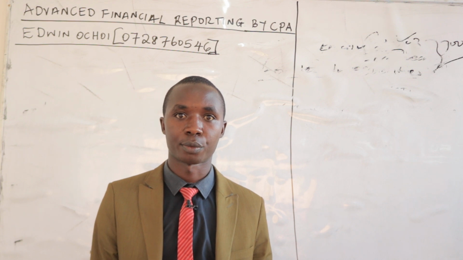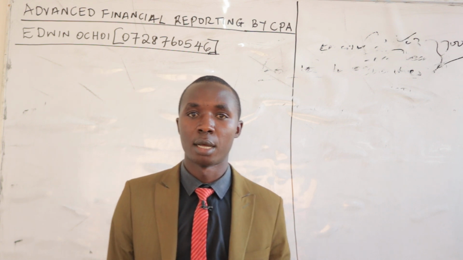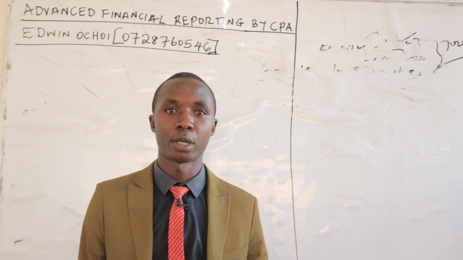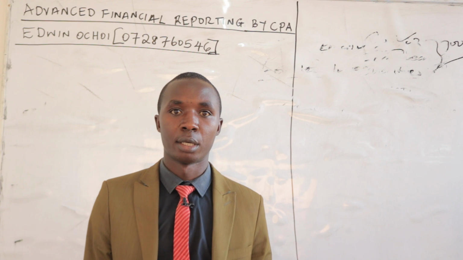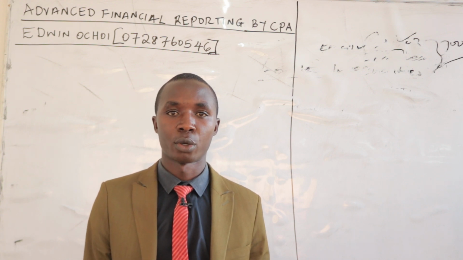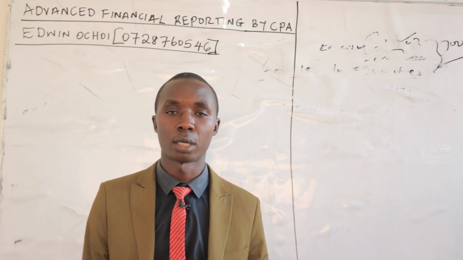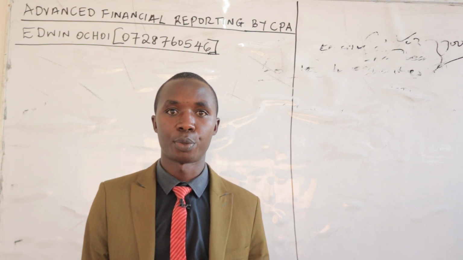Today, I'm going to tackle IFRS 5, that is the discontinued operations, in advanced financial reporting. Here you will find that there are subsidiaries which are disposed, whereby the parent disposes the relevant subsidiary, either entirely or partially. Once a subsidiary is disposed entirely, that subsidiary qualifies to be a discontinued operation. Even if a subsidiary is disposed by the parent partially, that subsidiary qualifies to be an asset held for